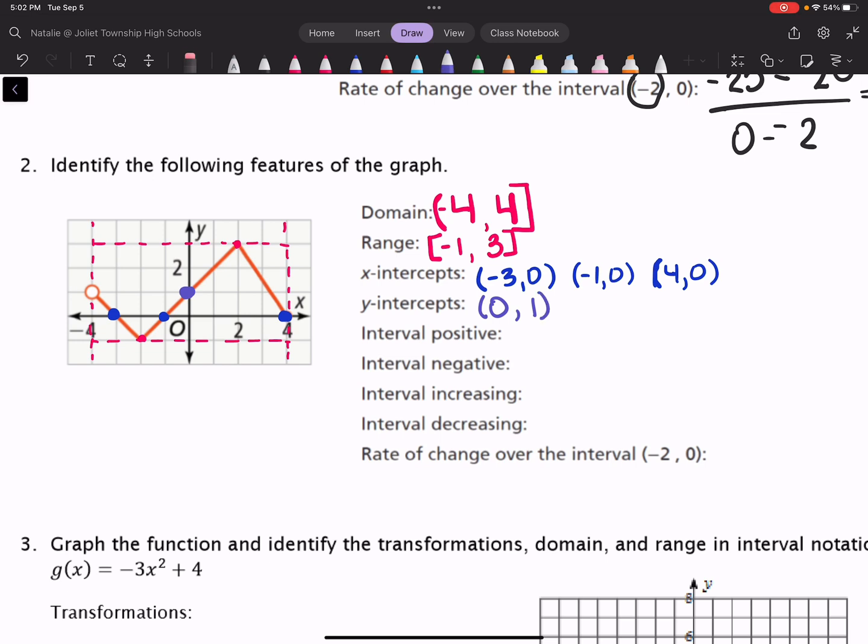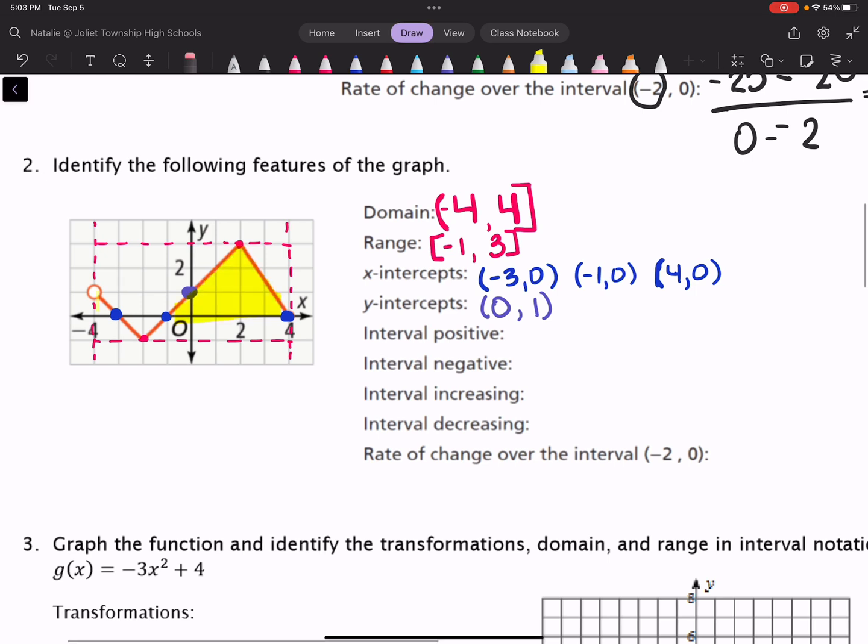And next is our intervals here. So again, we're thinking of when the function is positive. If we're looking at our function where it is positive here, there's 2 different spots where our function is positive. So we're looking at this portion, and we're also looking at this little portion right where the function starts. Okay, so the f of x values are positive